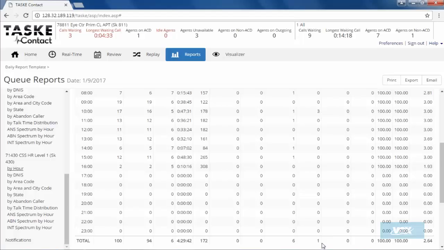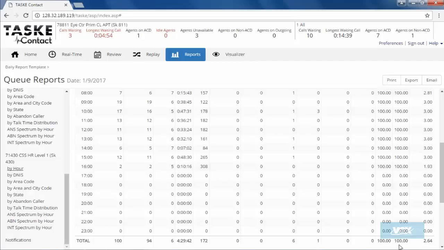So because all of our calls abandoned in 6 seconds or less, they were all short, our ASF is 100%. These 6 calls did not count against our TSF. So you can really consider this particular report of 94 offered, 94 answered. But these 6 people just didn't give you a chance